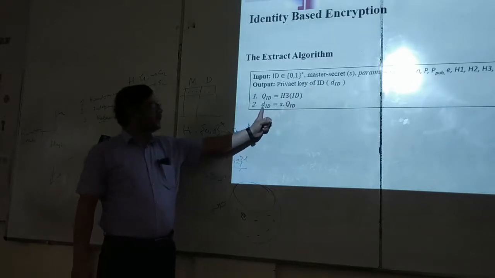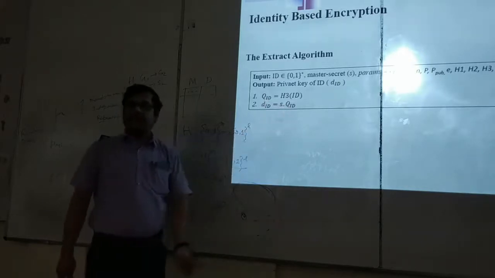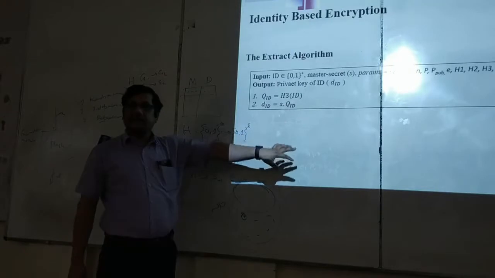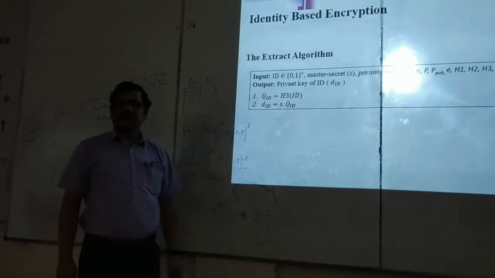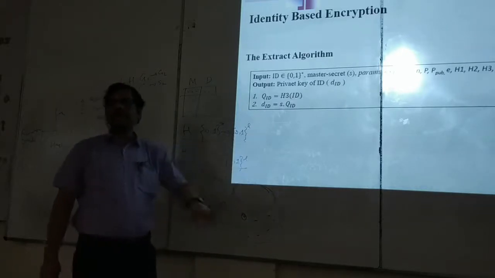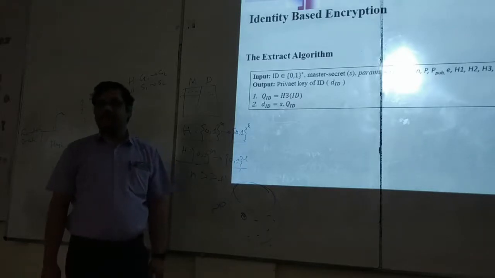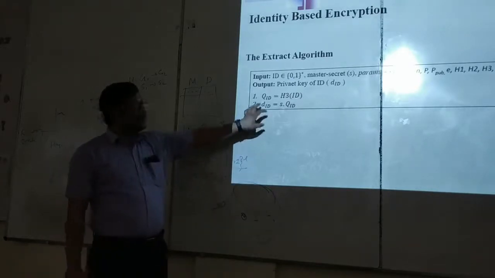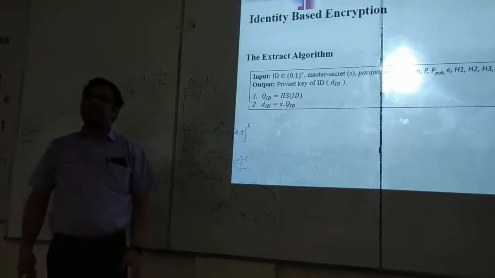This point, see here, you might be confused that usually all the points are written in capital letters and all the scalars are written in small letters. However, here we are writing it in small letter d, but it is a point also. Why have I used this notation? Because the original paper used this notation, so I have not changed it. But remember that this d_ID is a point here. In some papers, you must be careful.